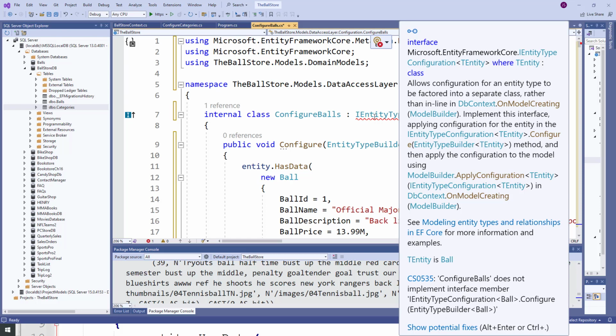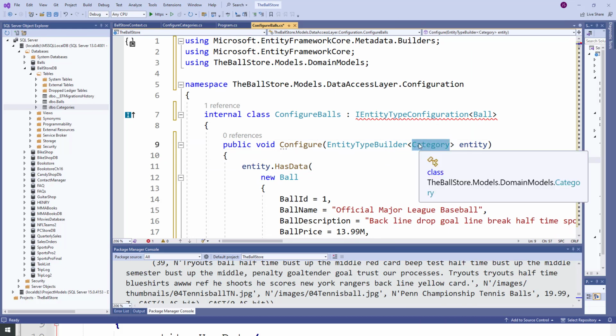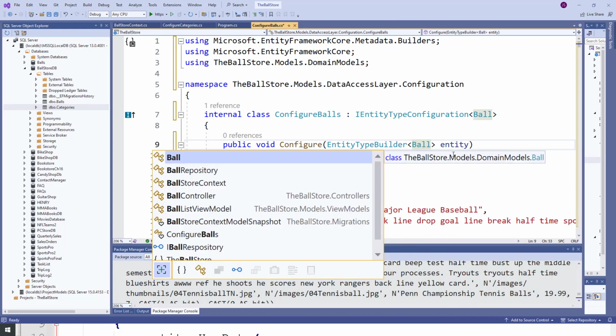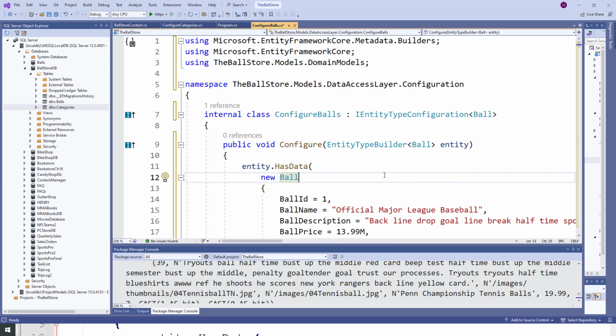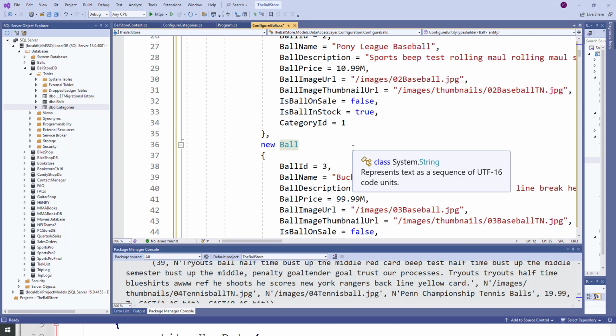It says ConfigureBalls does not implement interface member IEntityTypeConfiguration<Ball>.Configure. All right, so that'll have to be Ball. And it looks like that got rid of my error. So if I haven't screwed it up, and we'll find out momentarily,